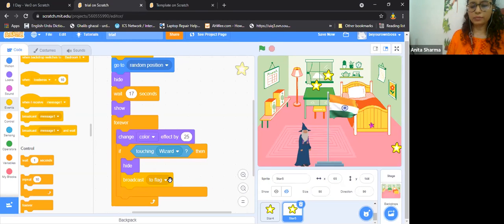That's why we named it to flag, broadcast to flag. Now it is broadcasting, it is sending the signal to flag, but flag also should receive, no? Just as I gave you the example that you're performing, your job is done. Now you want the other performer to come on the stage. So what will you do? You will ask the performer to go on the stage. It's your turn.